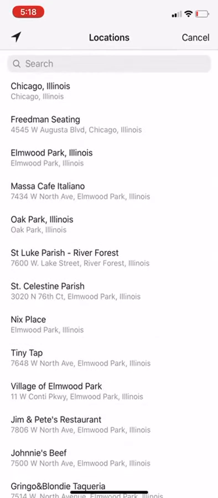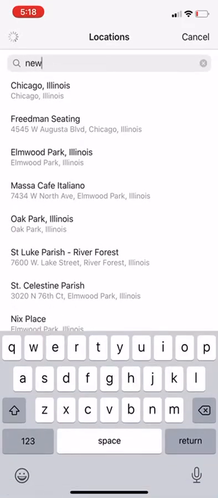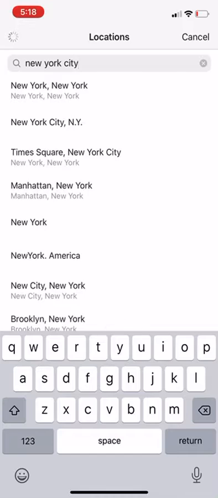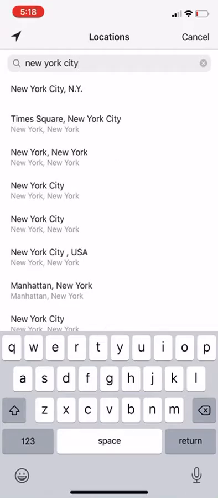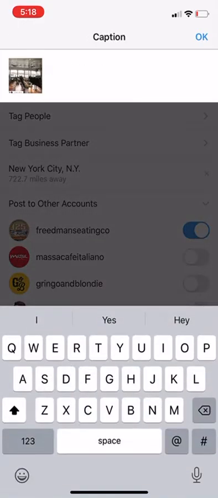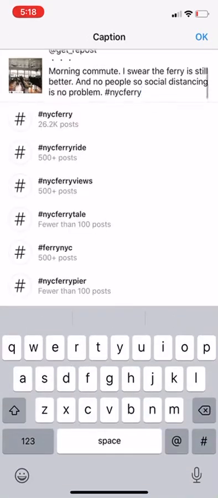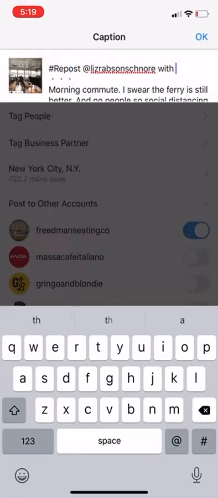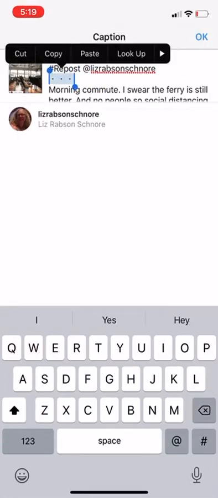So first, let me give it a location. So I'm just going to give it a location of New York. And I'm going to give it a caption. Now, I actually copied the caption from the person who originally posted it, so I'm just going to play around with some of these